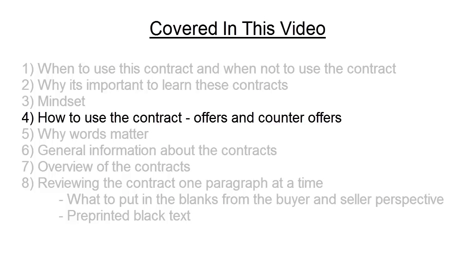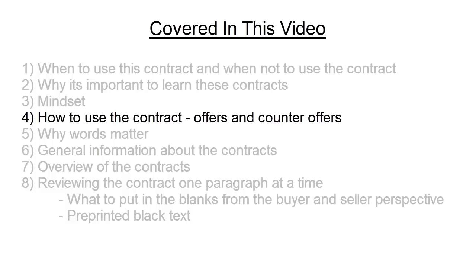The first step is usually just for the buyer to write an offer. So what is an offer? An offer is made by simply filling out the contract to fit the terms you would agree to, and then you send that contract over to the seller. So after the buyer's done that, they send it over to the seller. If the seller likes what the buyer proposed, then the seller can just initial and sign the contract, and then we'll have an agreement. Now, if the seller isn't happy with the terms proposed by the buyer, for instance, if the buyer proposed, say, a $300,000 purchase price, but the seller didn't like $300,000,